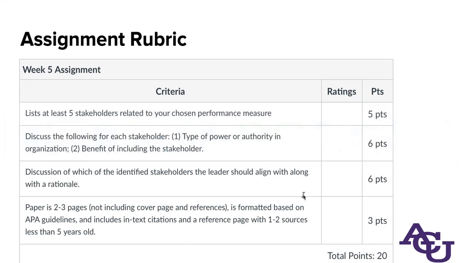And now is a good time to check, have we listed everything that is in the rubric? At least 5 stakeholders related to the chosen performance measure, 2 things for each, got those so far, which should be aligned with, and the rationale for that, got that, and the rest is formatting correctly. Now, make sure you don't miss this last bit, the reference page with 1 or 2 sources less than 5 years old. So anything from the course materials that you're citing, of course, but this desire for recent research,